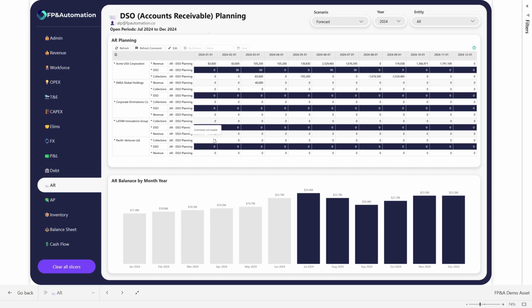So within our next video, we're going to be talking about various different balance sheet inputs that can be done and how all of our various different components around capital expenditure, debt, as well as AR, AP, and inventory planning are flowing into the balance sheet and the cash flow to give us future projections. And of course, how we're going to be using those for potentially using a revolver credit balance to be able to fund operations if our